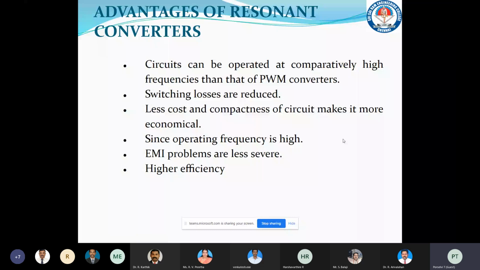When the resonating current reaches zero, we turn on the switch. During this time, the current flowing through the internal switch capacitance, dV by dt, is shorted due to the finite slope of the switch. So the frequency here is limited because of the high current that causes power dissipation in the switches. Here, the resonant current is allowed to flow through the switch.